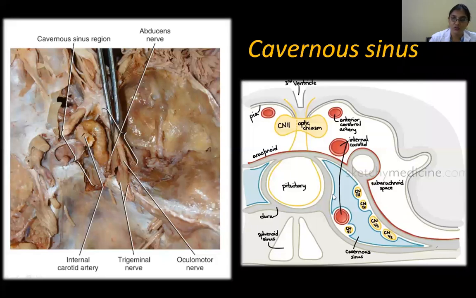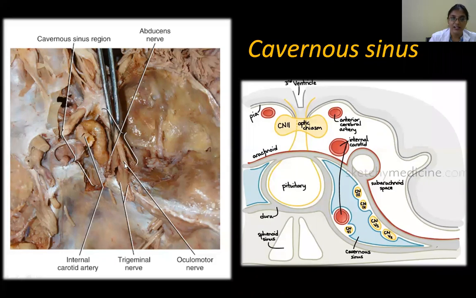So in the cavernous sinus, what do you have? The internal carotid artery. See, this is the carotid siphon. And beside it, you can see the abducens nerve. So this abducens nerve is along with the internal carotid artery. Then this is the oculomotor nerve, below that will be the trochlear, and then the trigeminal, ophthalmic and maxillary division. So here you can see this cavernous sinus is exposed. What you were able to see: the internal carotid artery, and just below that, in this relation, you can see cranial nerve 6.